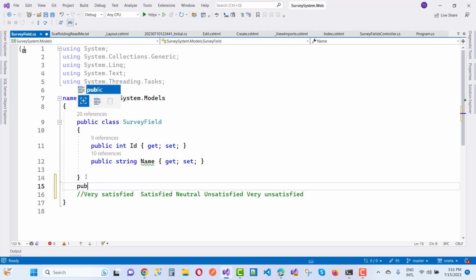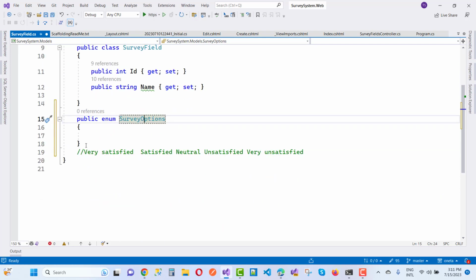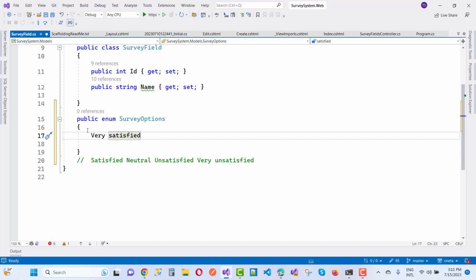So use public enum, and the field is, you can say, options, and here we have survey options, you can say survey options, and the first one is very satisfied. The first one is very satisfied,